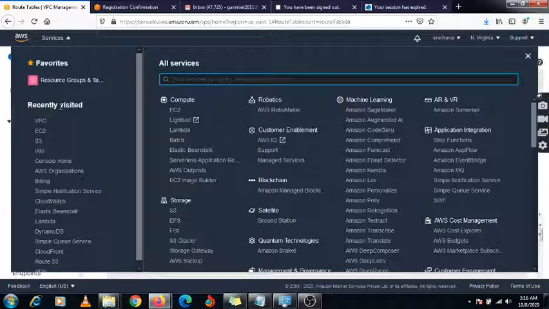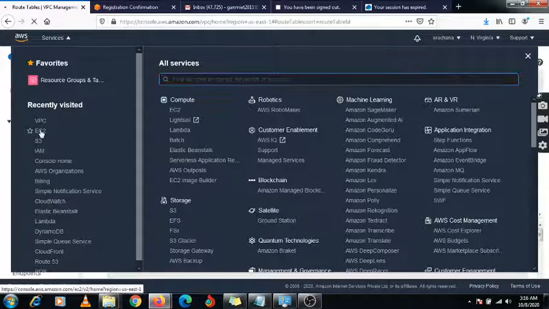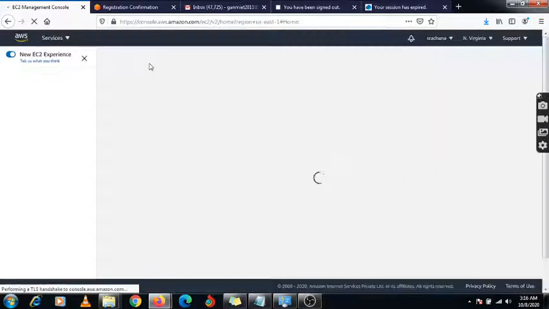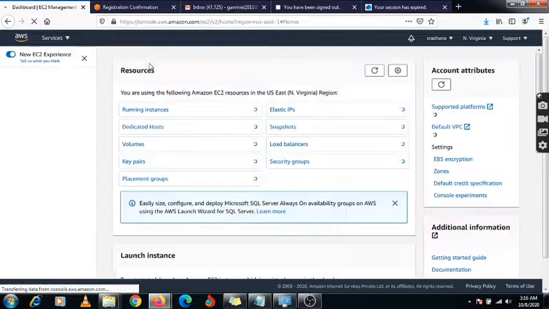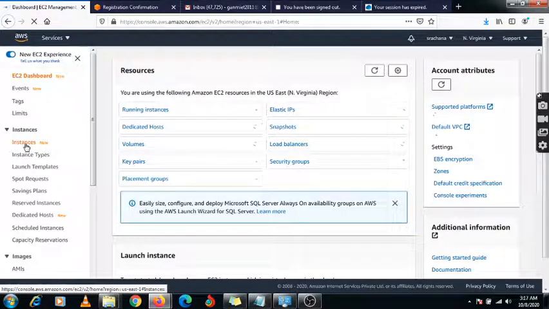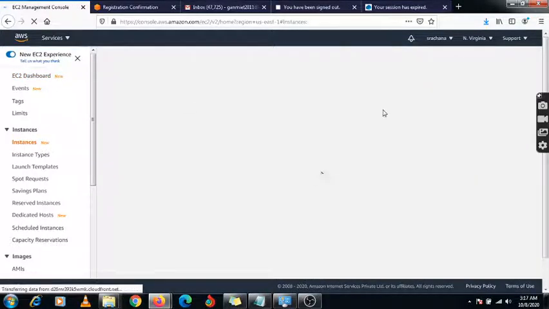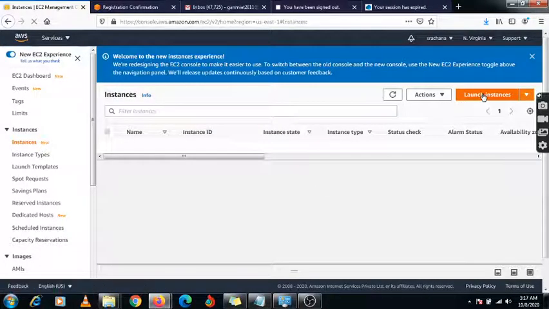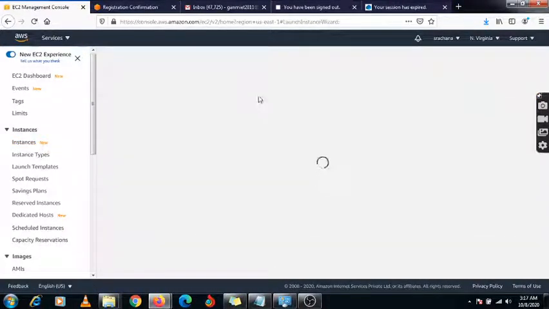Now going to create EC2 instances. One is under the public subnet and the second one is under the private subnet. So using the public subnet we will create one VPN server. Under instances you just click on it. There is no EC2 instance, nothing created yet. Now I am going to create it.